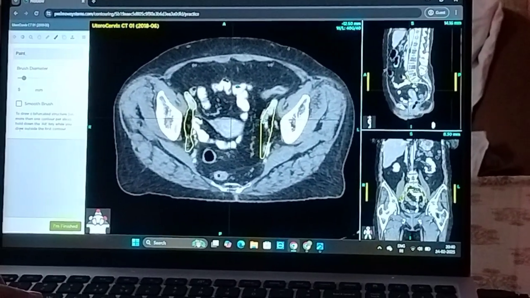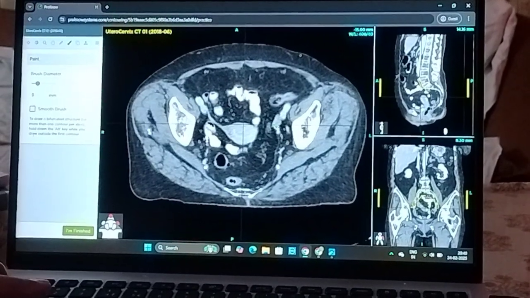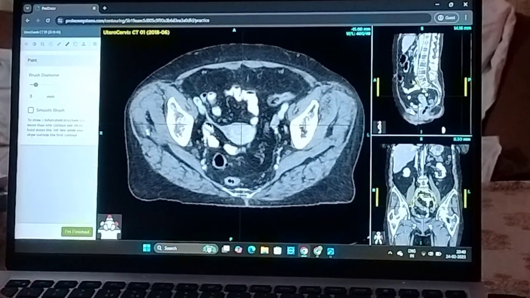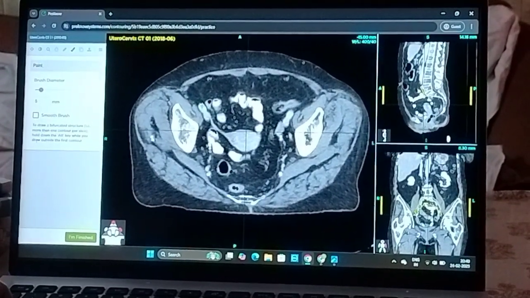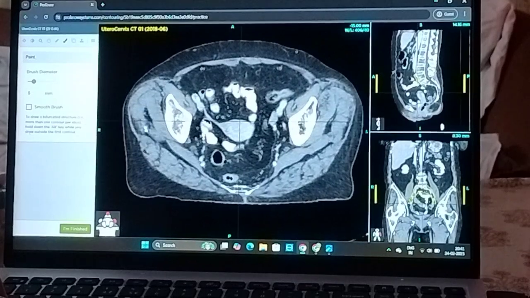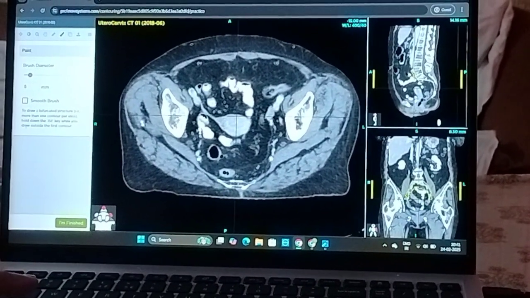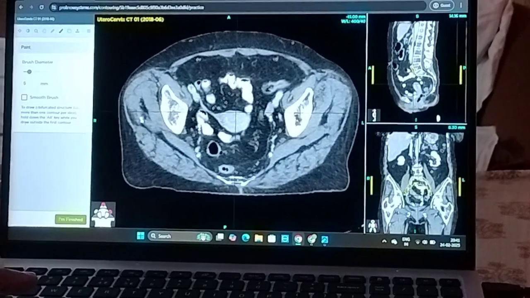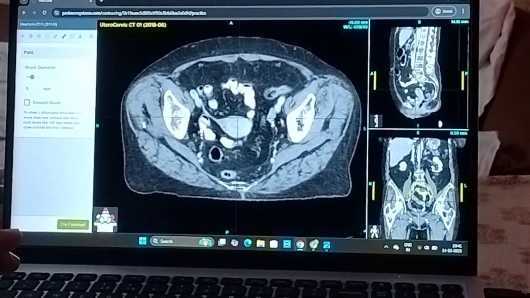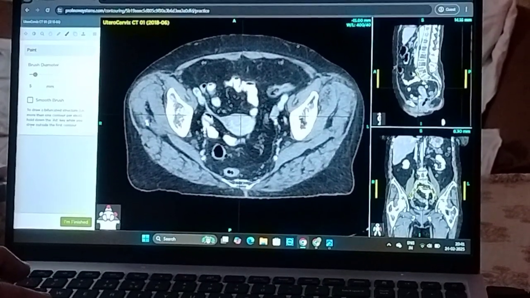So when we see the lymph node is involved, a lymph node is not a rounded structure, it's an oval structure. So there are a long axis and a short axis. When the lymph node is said to be enlarged, you measure the short axis diameter. If the short axis diameter is more than 1 centimeter, then it is significant. That means that the lymph node is involved,